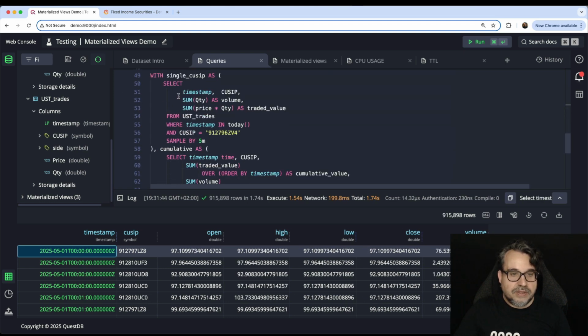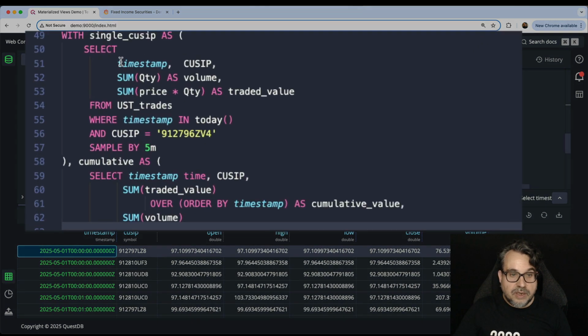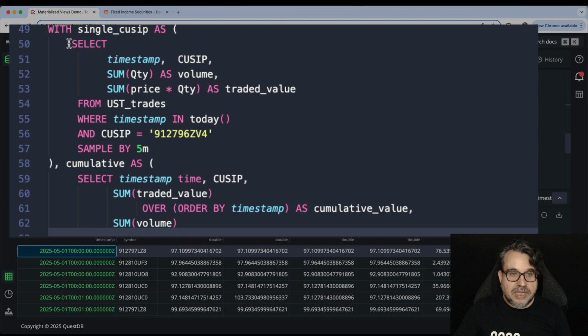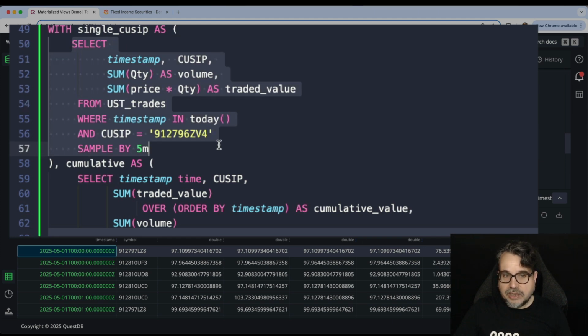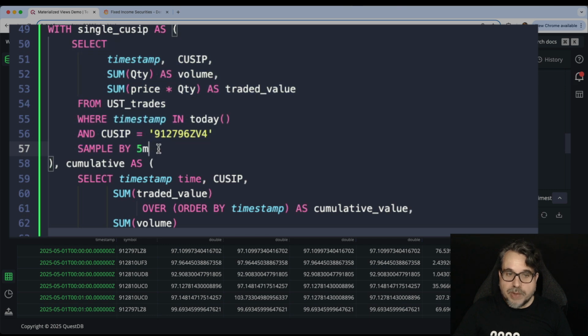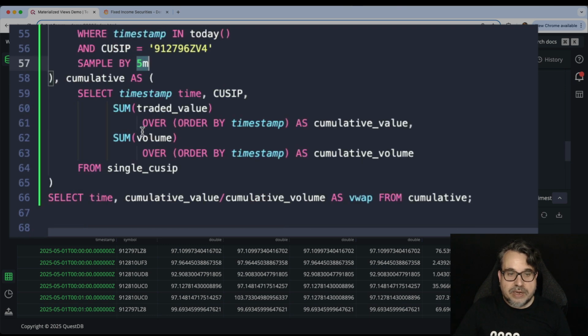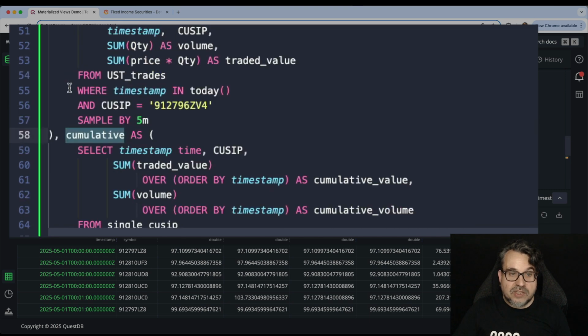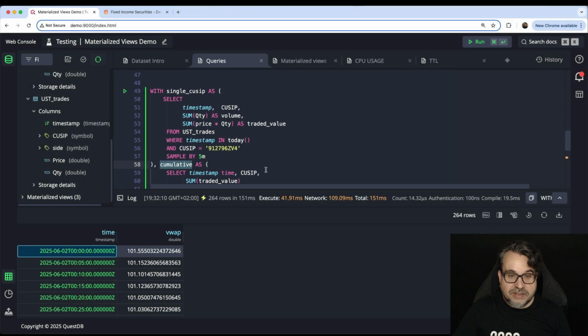Then I have this volume weighted average, which is a query in which first I'm just selecting some totals with a sample by for a particular symbol, and then I'm running 2 window functions to get the volume weighted average. And again, this query is actually quite fast, but it's a kind of complex query, and I think it will benefit from materializing the results.